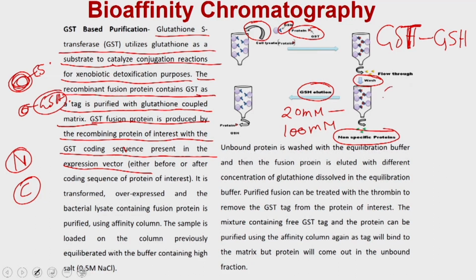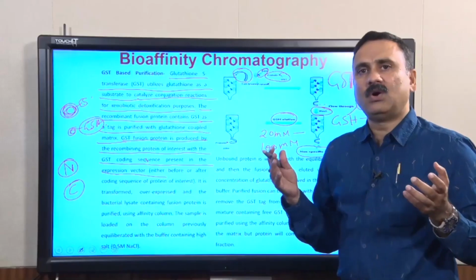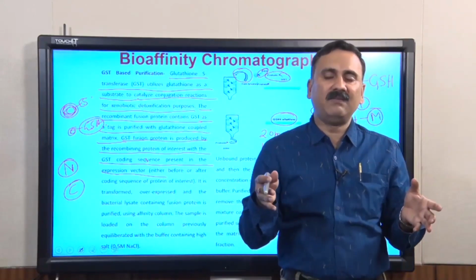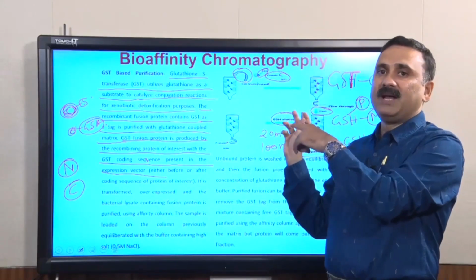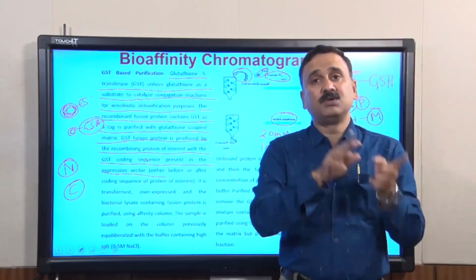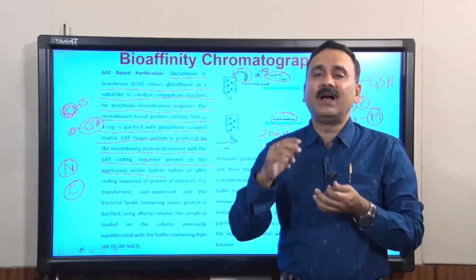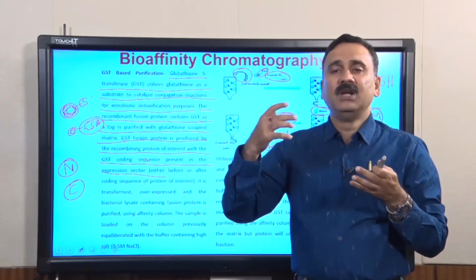So, you can imagine that you have two GSH, the matrix-bound GSH, and the GSH from the elution buffer, and this GSH has already bound a protein through GST. When you flow a large quantity of GSH in the mobile phase, the protein which is binding to the GSH on the beads is going to have a distribution